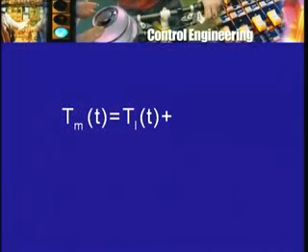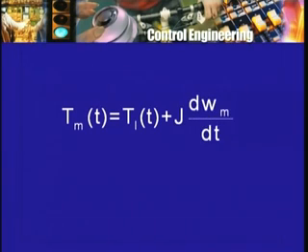For example, the action of the grinding wheel requires a certain amount of torque. It will depend on what the material is and how far you have pressed the grinding wheel against the surface and so on. So there will be a load torque TL, and of course if the speed is not remaining constant, there will be the moment of inertia term, J into d omega m by dt, and in addition